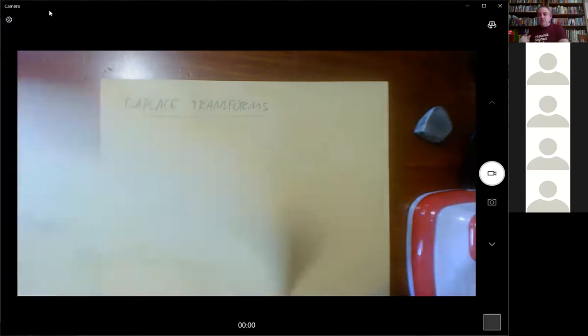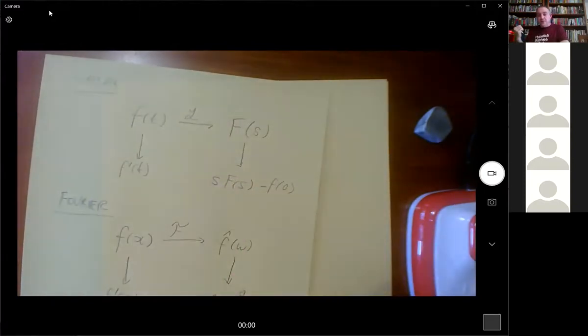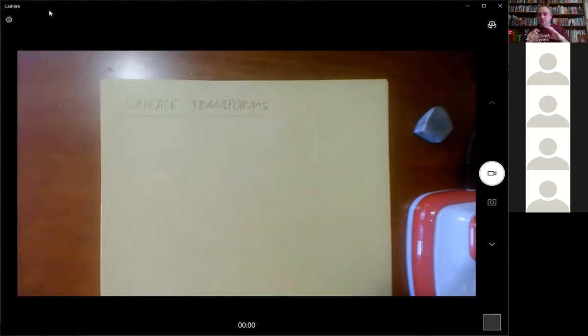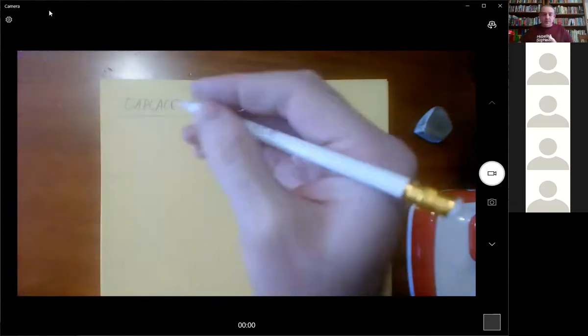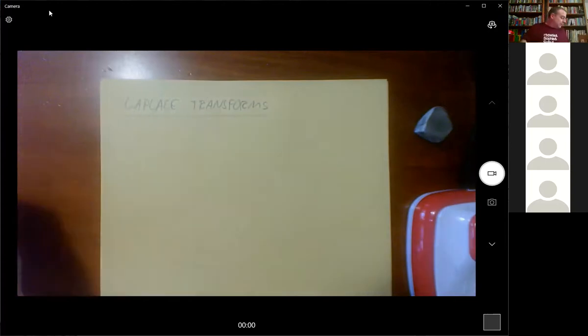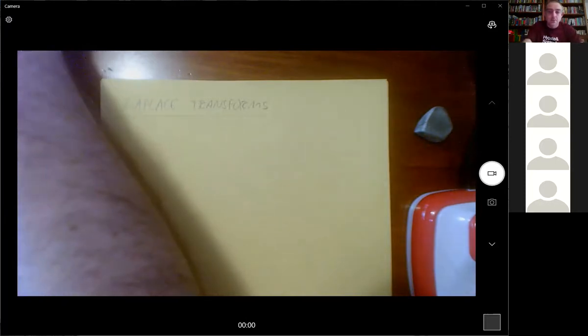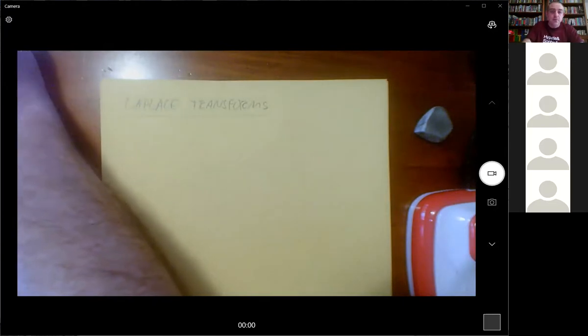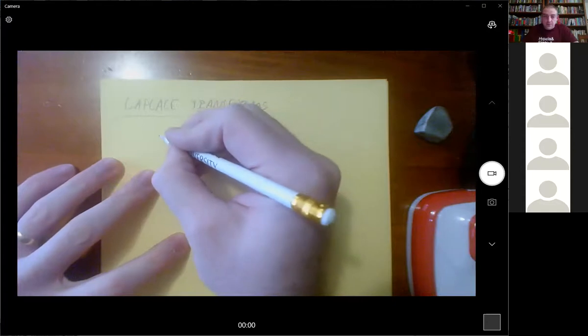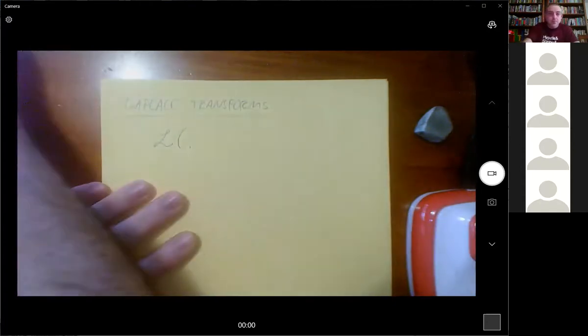Cool. This is the big idea of Laplace transforms, but there are some other ideas as well. And Laplace transforms, they went into quite a lot of detail in this course. And we're going to specifically deal with them with PDEs. And I'll try and find an example to do them with. But first, there's a definition which has got an integral in it, which I would have to look up. Which I'm not going to worry too deeply about today. I'm just going to write it down so that it is written down. The Laplace transform of,